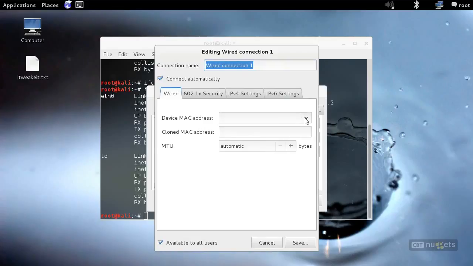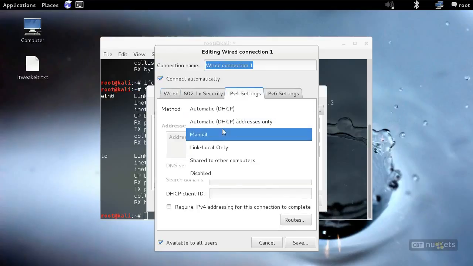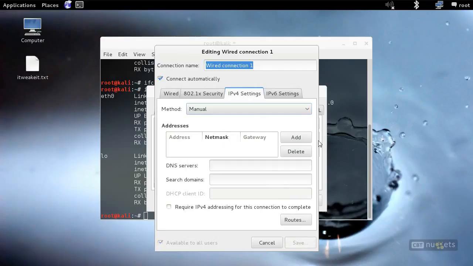So I'll make a change here. I'll specify the MAC address of the network interface that I want to change, and that would be our eth0 right here. Then I'll go over to my IP version 4 settings, and I don't want to use DHCP. Let's say I want to make it a manual addressing scheme. I'll click on Add and enter in the manual address that I want it to have. So it's just been changed to 244. Let's change it back to 19. The network mask is how many masked bits I want, which would also be interpreted as